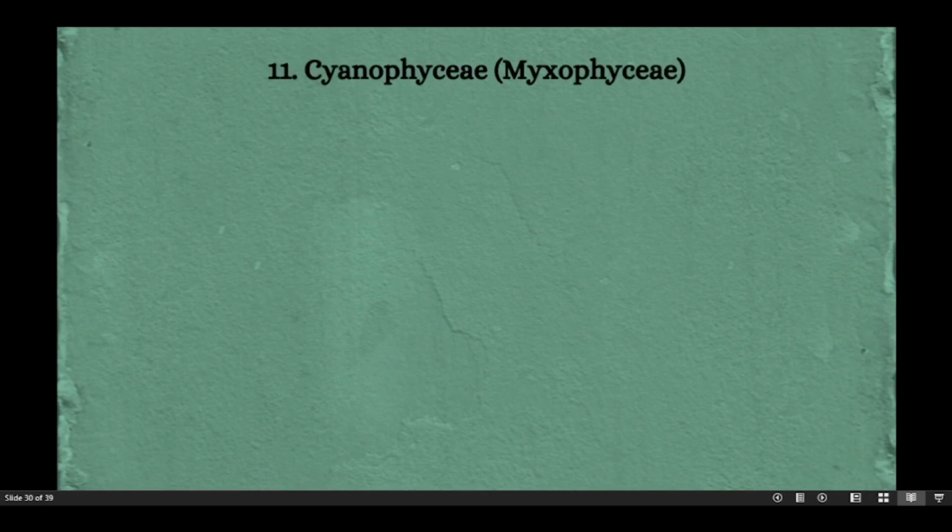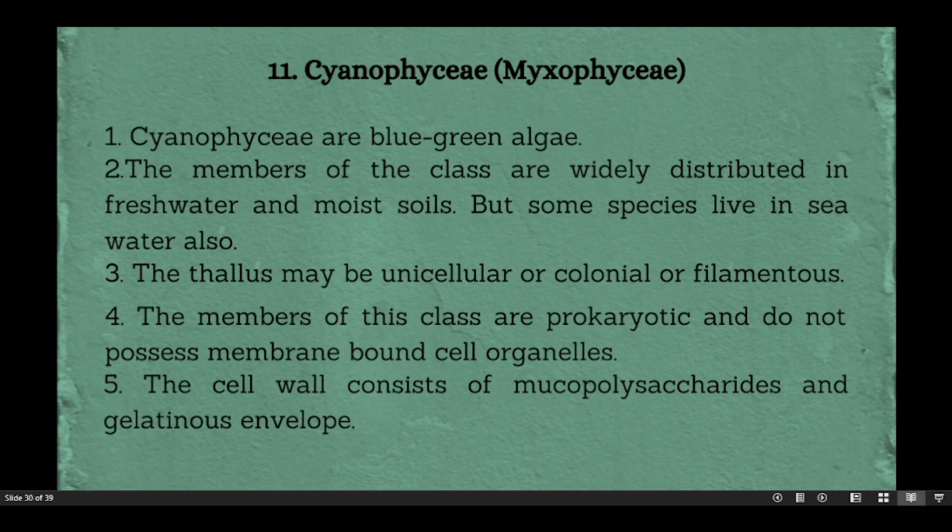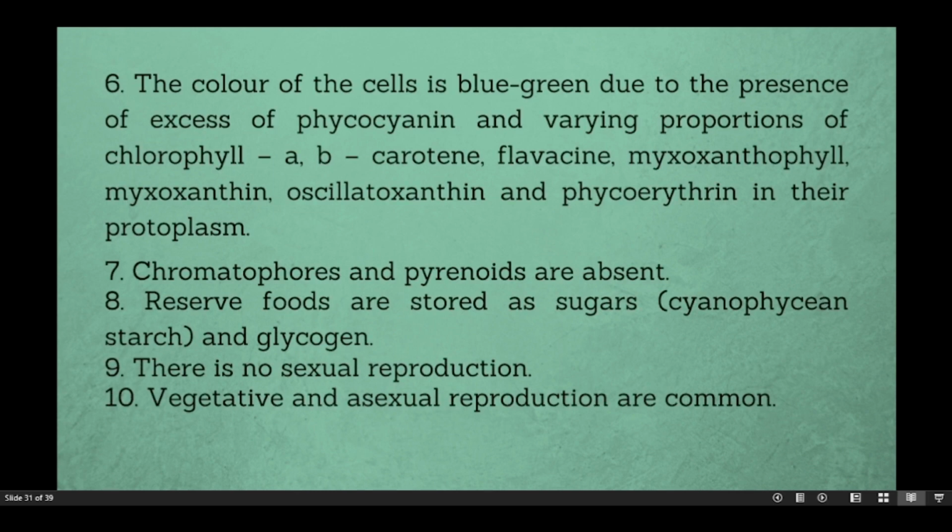Cyanophyceae, otherwise called Myxophyceae. Cyanophyceae are blue-green algae. The members of the class are widely distributed in freshwater and moist soils, but some species live in seawater also. Thallus may be unicellular or colonial or filamentous. The members of this class are prokaryotic and do not possess membrane-bound cell organelles. The cell wall consists of mucopolysaccharides and gelatinous envelope. The color of the cell is blue-green due to the presence of excess of